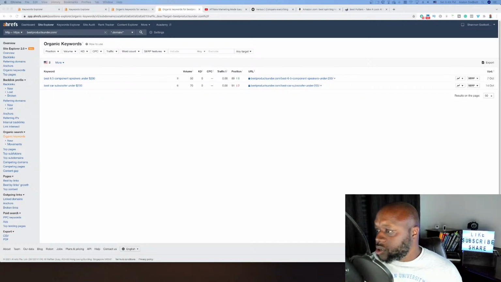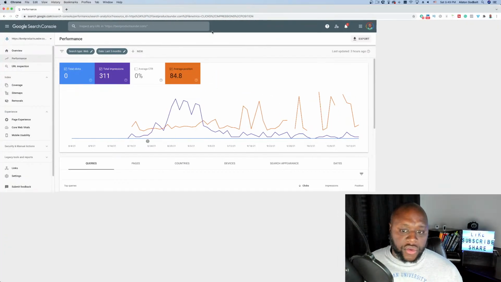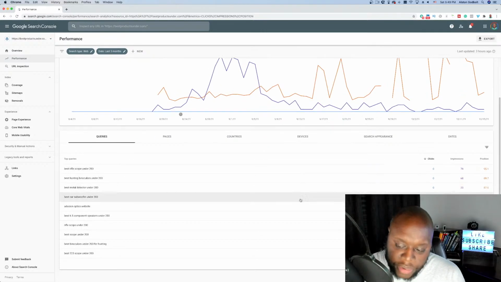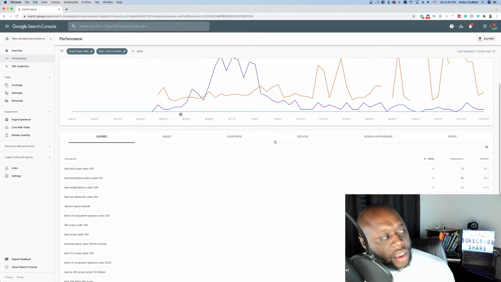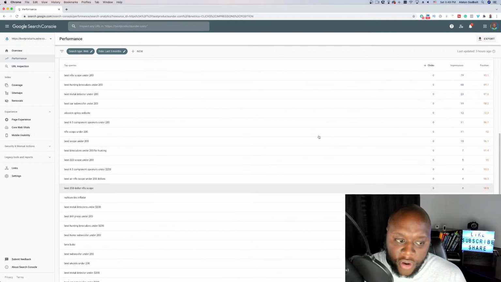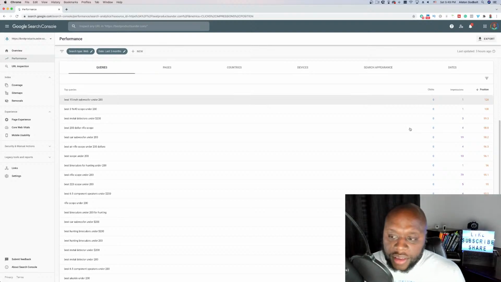Come on. Google Search Console is slowing down here. Let's do performance. And then we're going to do average position. Here's some of the rankings for this website. As I mentioned, there's usually a discrepancy between Ahrefs and Google Search Console. As you can see here, I'm ranking for all sorts of stuff. The clicks don't register correctly either. I don't know why. None of this stuff syncs up.